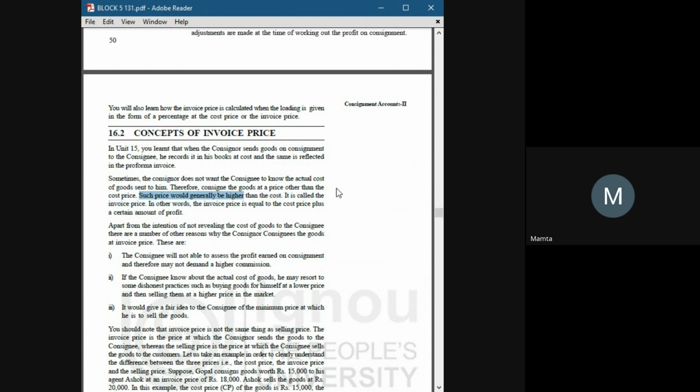Meaning, suppose you are the consignor, the producer or manufacturer of the goods, and you want to send your goods on consignment to the consignee for sale. Now you do not want the consignee to know the actual cost of those goods. Suppose those goods cost you, being the producer, 100 rupees per unit. As you do not want the consignee to know the actual amount